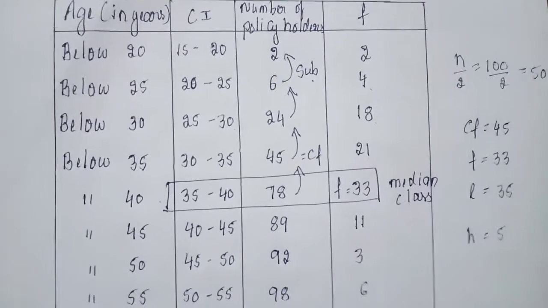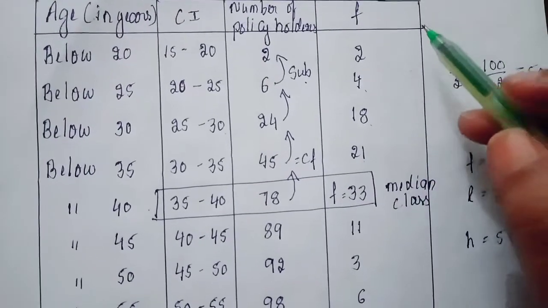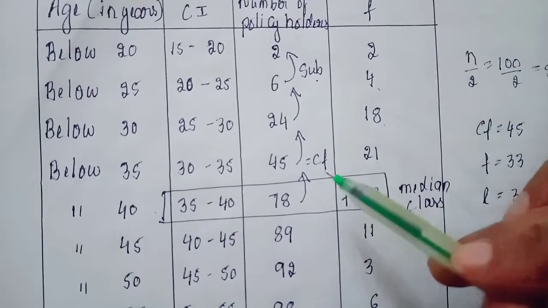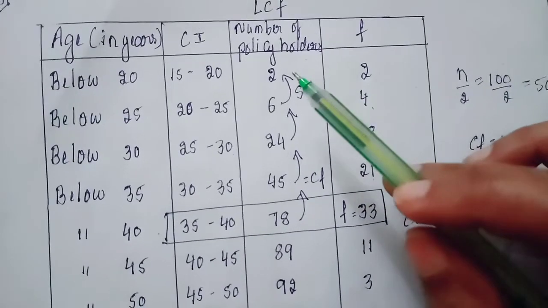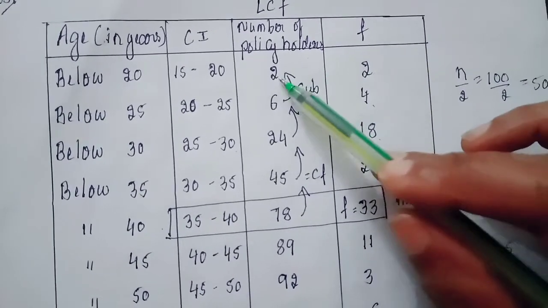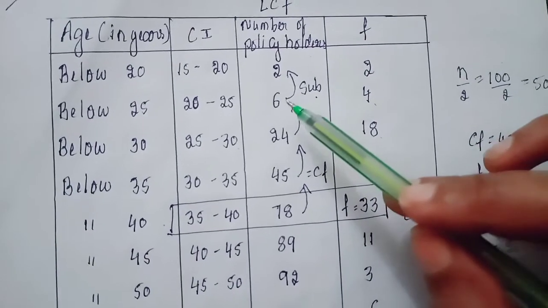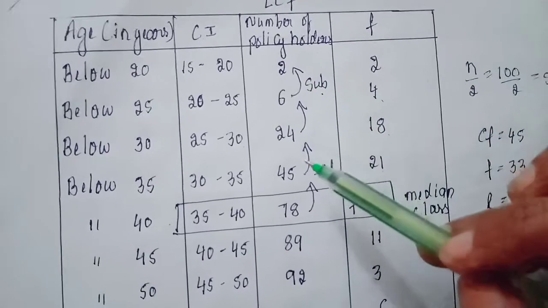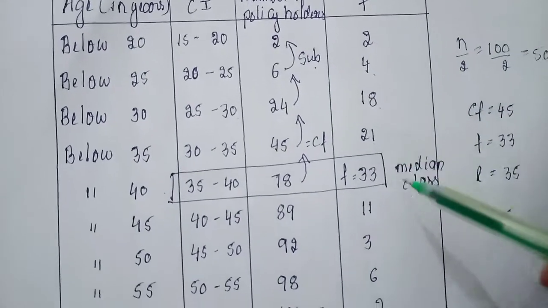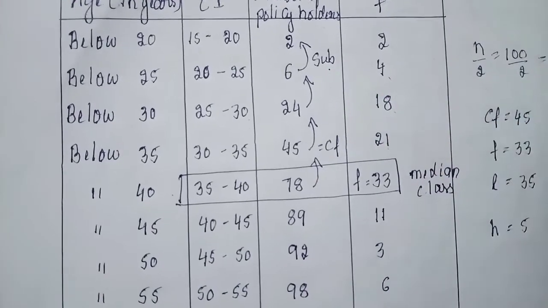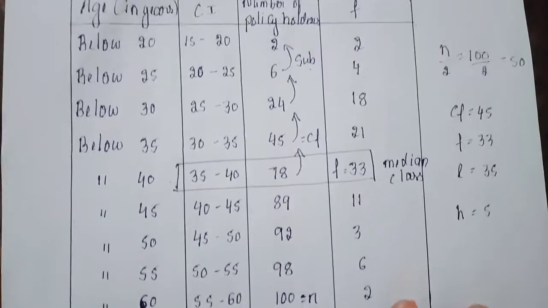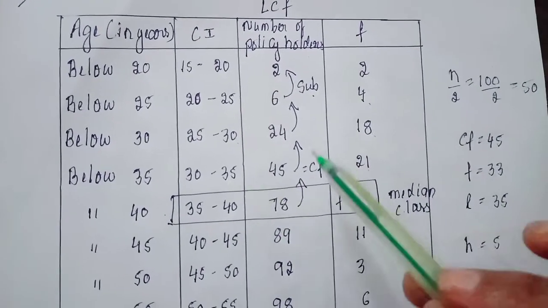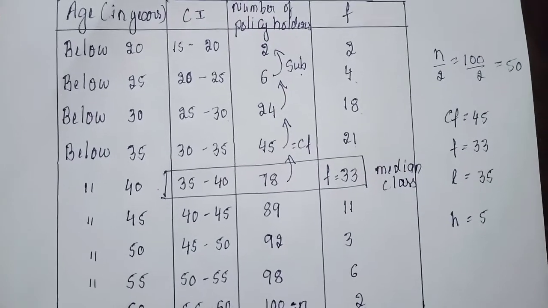So once again I'll repeat. When F is given, to find LCF, we need to add. First write as it is, then add as per the arrow marks, as I showed in the last question. And when LCF is given, to find F, write the first value as it is, and the successive minus the preceding, you have to subtract. Consecutive values you have to subtract. Then you get the frequency. Remember these arrow marks carefully. Now I have all the class intervals, LCF and F. Now all three columns are completed. It's time to find the median class.